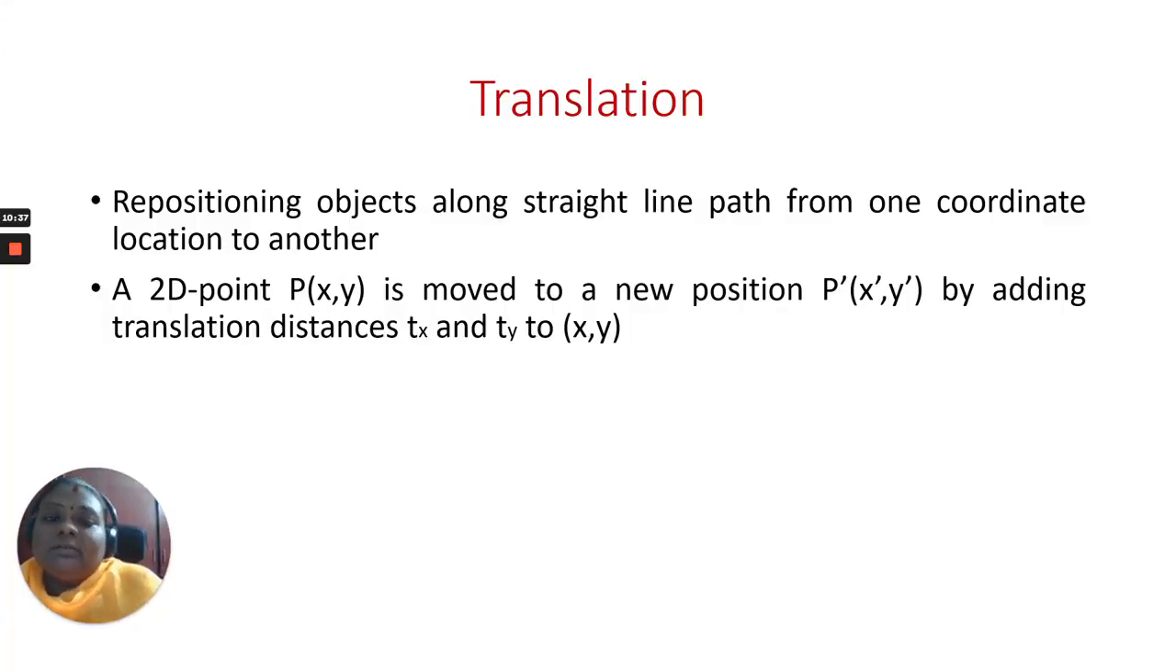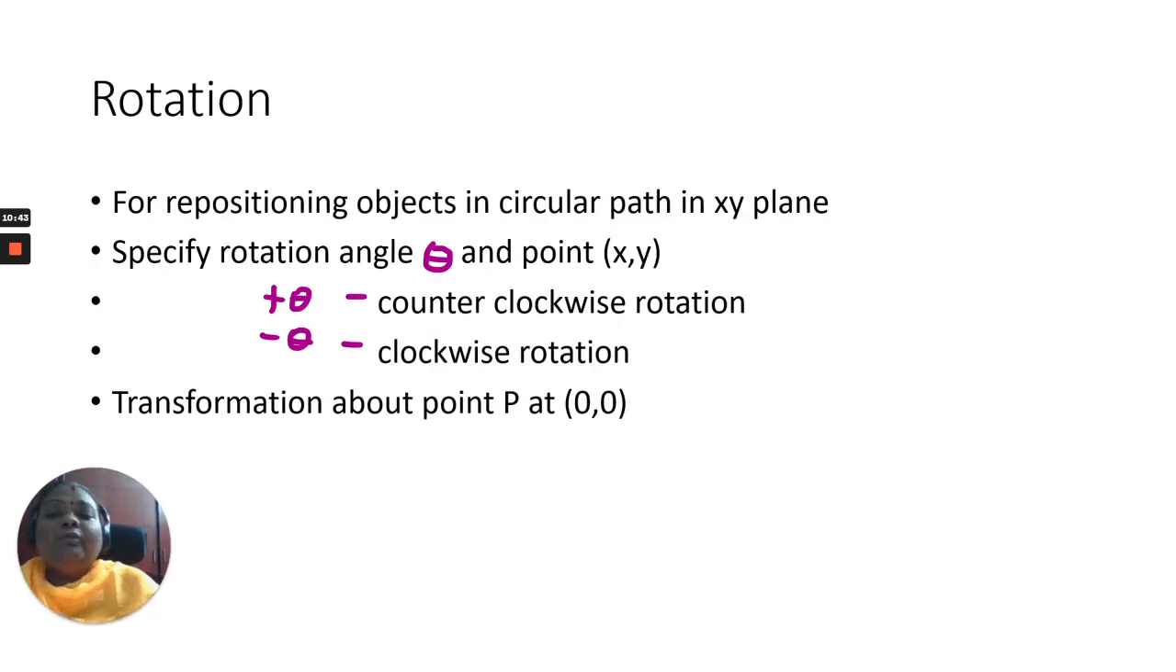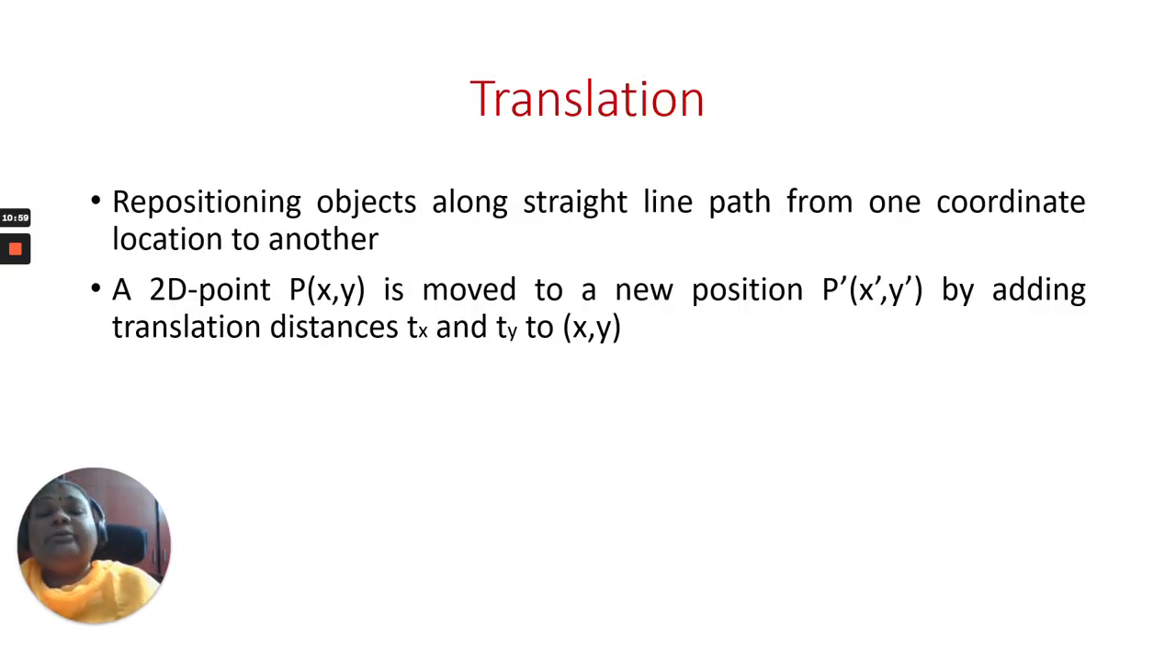That is, it is not going to move in a straight line path. Instead, it is going to move in a circular path. Therefore, we can go for the next type of transformation called rotation. Rotation means, in order to reposition the object in a circular path on the XY plane, you can go for the rotation. Here you will be specifying the rotation angle. Previously I have told you that for moving forward you will be adding the translation factors, but in order to move backward, you will be subtracting the translation factor,